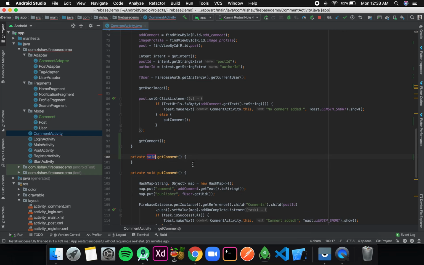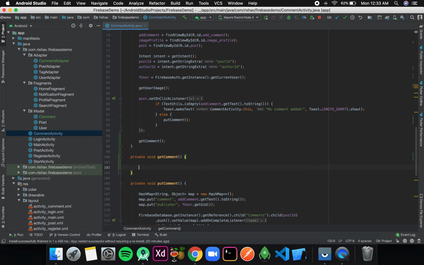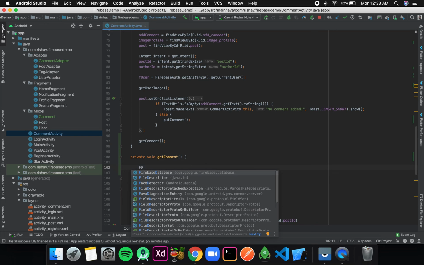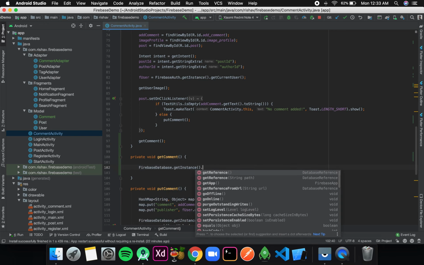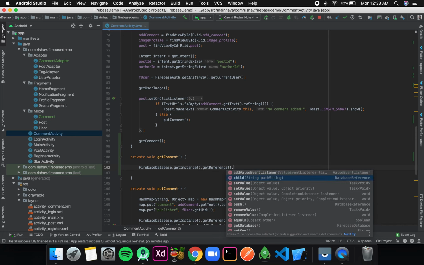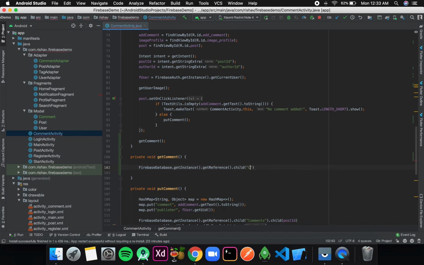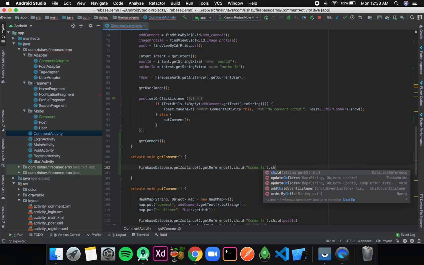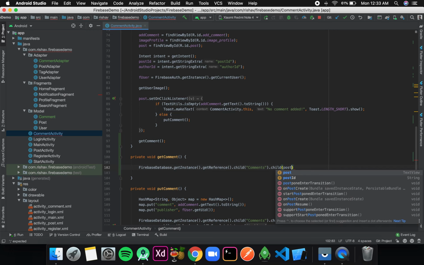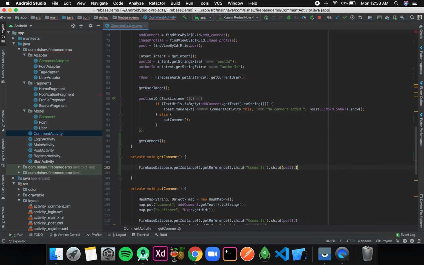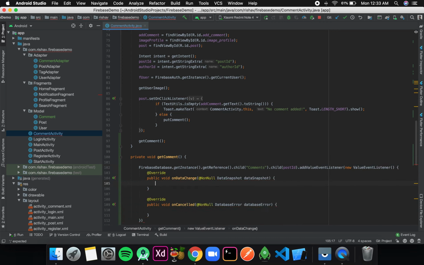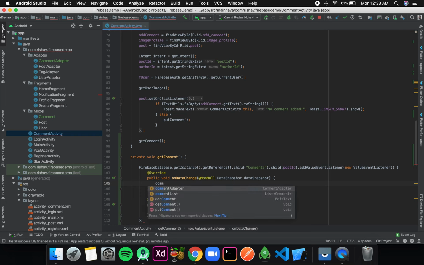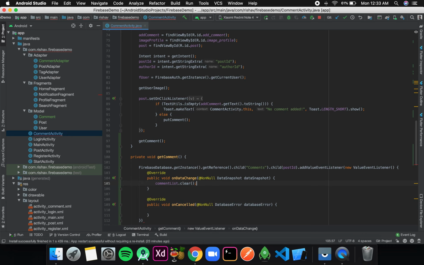I'll create getComment in the same activity, and over here again I'll query my database: FirebaseDatabase.getInstance().getReference().child("Comments").child(postId), and then I'll add a value event listener, new ValueEventListener, and inside onDataChange, first I'll clear my comment list, commentList.clear().